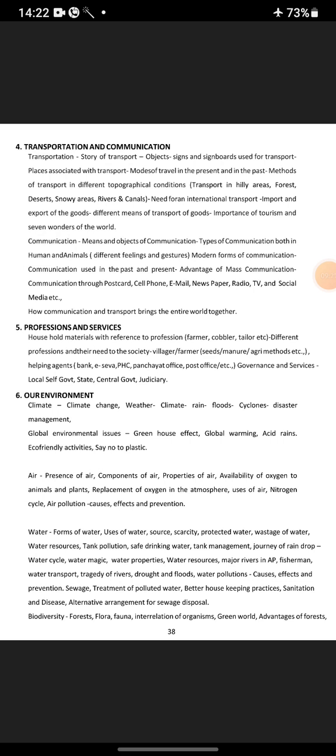Transportation: story of transport, objects, signs and signboards used for transport, places associated with transport, modes of travel in the present and in the past, methods of transport in different topographical conditions, transport in hill areas, forests, deserts, snow areas, rivers and canals, need for international transport, import and export of goods, different means of transport of goods, importance of tourism and seven wonders in the world,